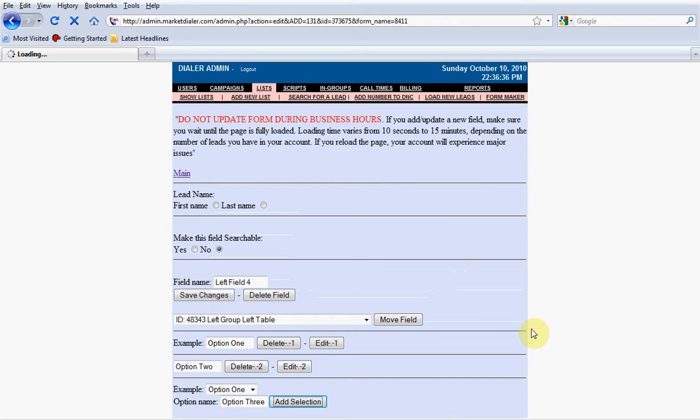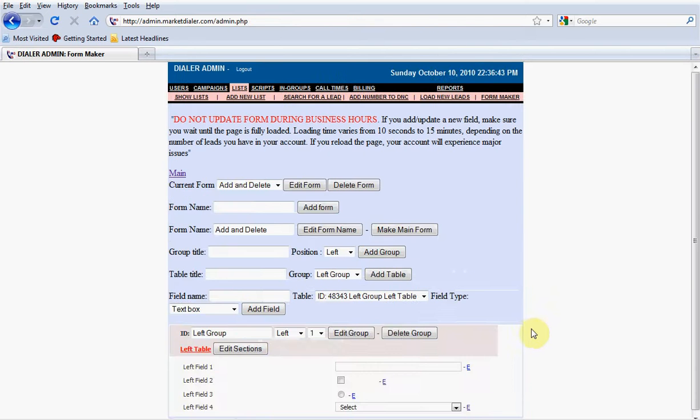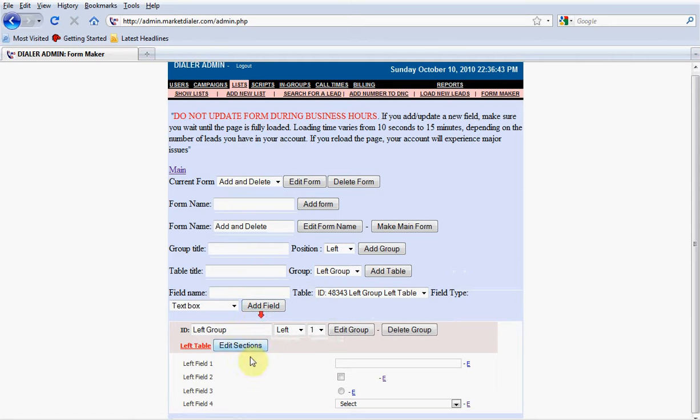So once this one's done, I think you got the hang of how to add choices to your drop down if that's what you've selected. So we're going to go back and we're going to do one more on the left hand side, I believe it was, of the choices that we have. And we have